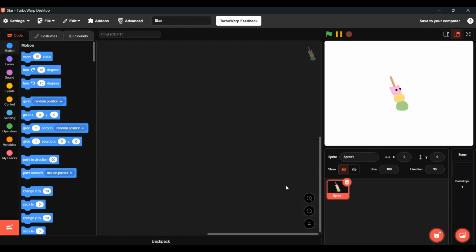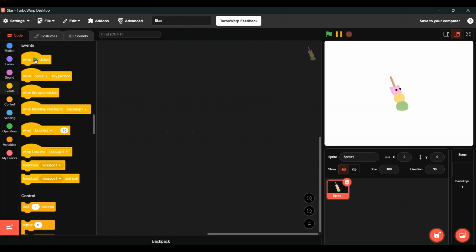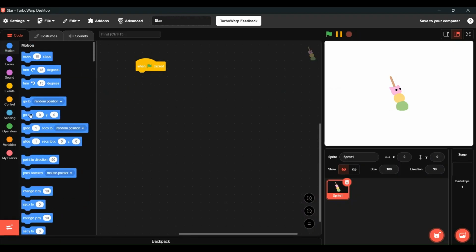Hello everyone, today I will teach you how to make a star and a picture of 10 stars, okay? Now, if I click Motion, I'll do this, and then point in direction,